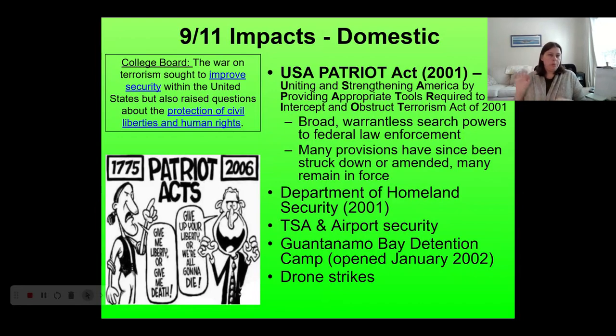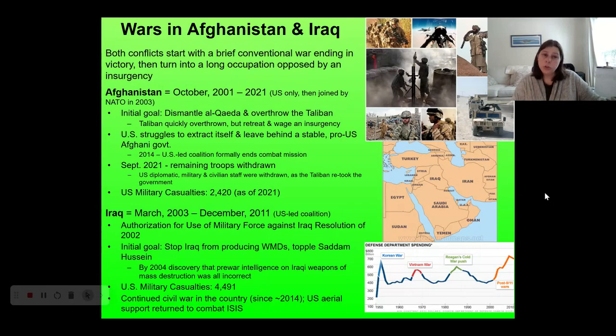You're sort of sitting in a room somewhere far away, hitting a button and firing a drone. So again, that's another big debate that comes out of this. Most directly, though, what 9/11 leads the United States into is, you could look at this as two wars, or they're also both part of a broader, what we might call, war on terror. We have a war in Afghanistan and a war in Iraq.